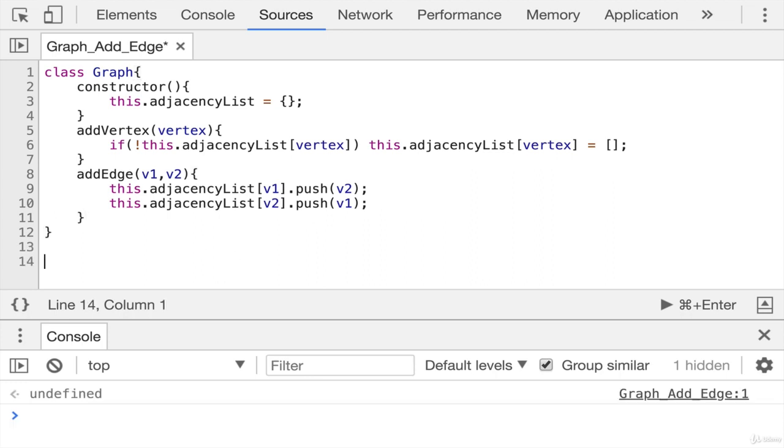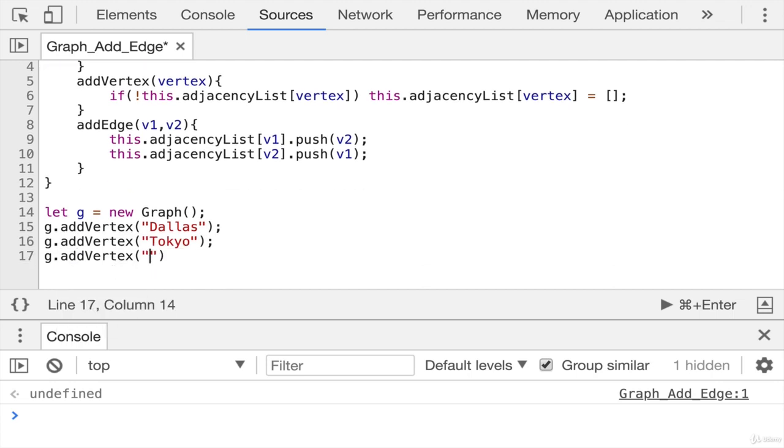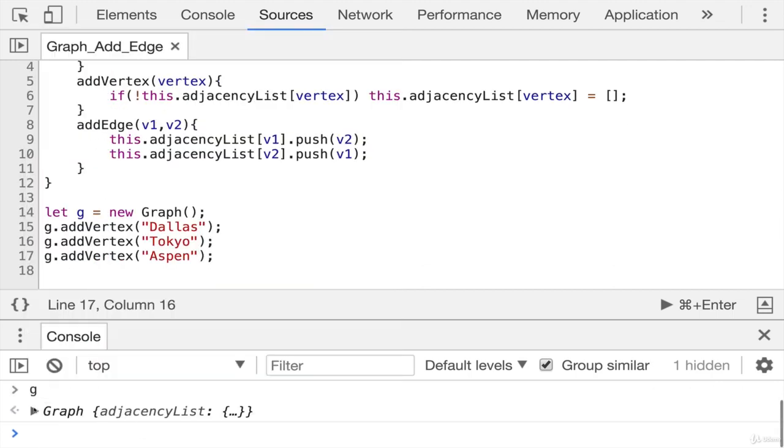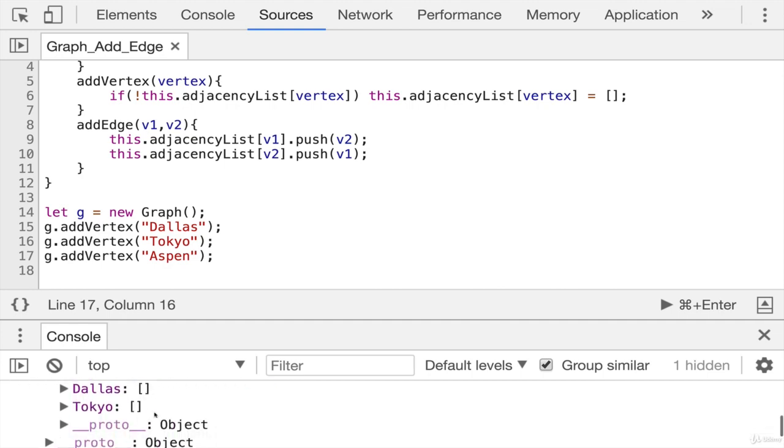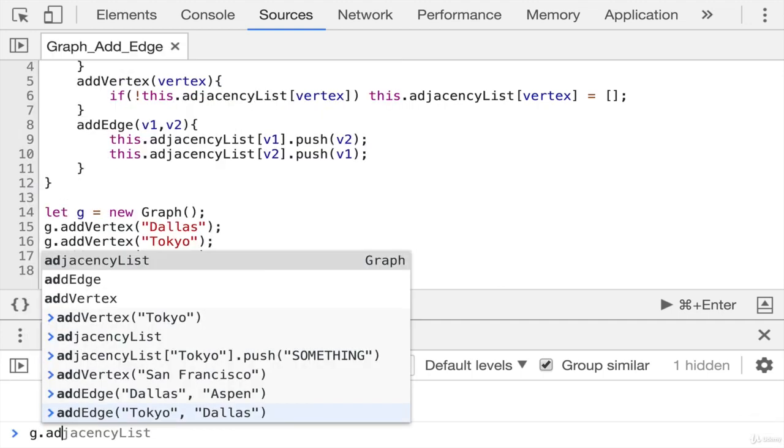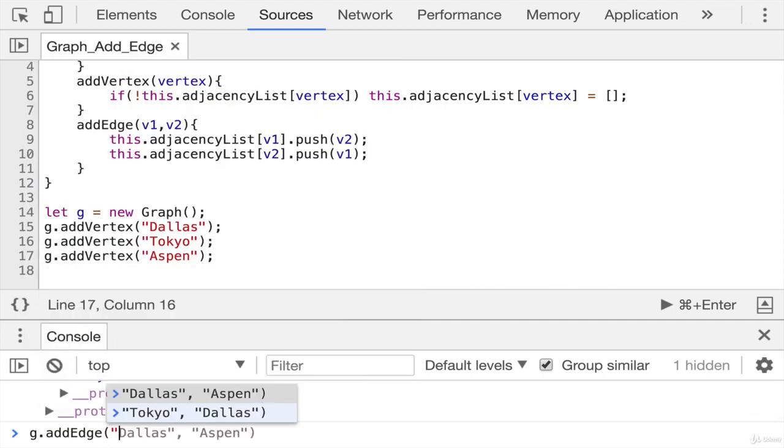So I'm going to define down here, let's do g equals new Graph. I'll fast forward through this. Okay, so I have 3 vertices in there. They should all be empty at this point. Great. Now let's try doing g.addEdge from, let's go from Dallas and Tokyo, which the direction doesn't matter because